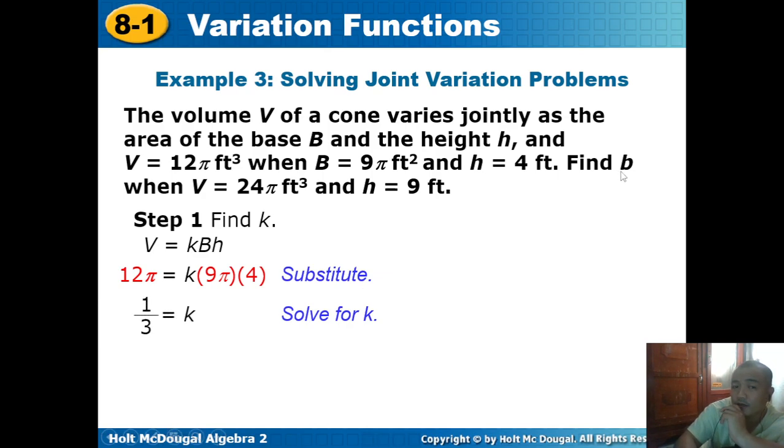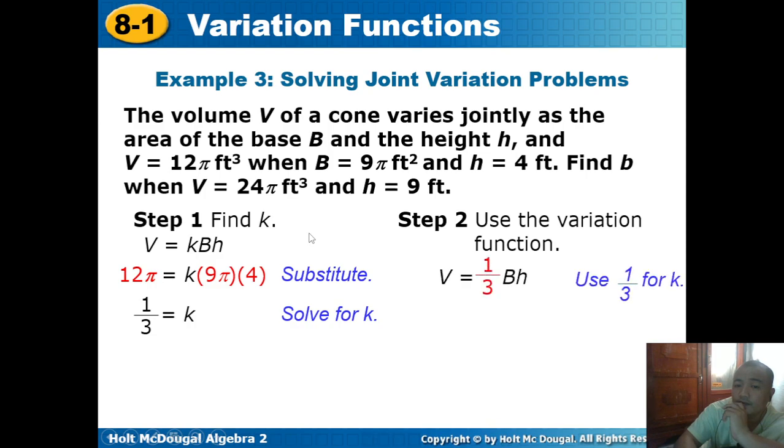Now, solve for B when V equals 24 feet. You can now substitute K here in the equation. V equals KBH. So, V equals 1/3 BH. So, from here, we can now substitute V by 24 and H by 9. Solving for B, we have